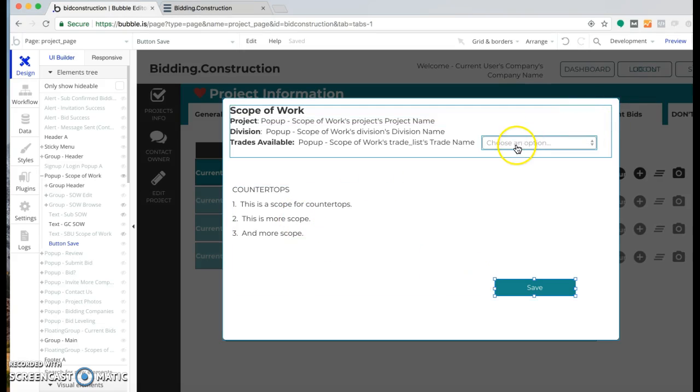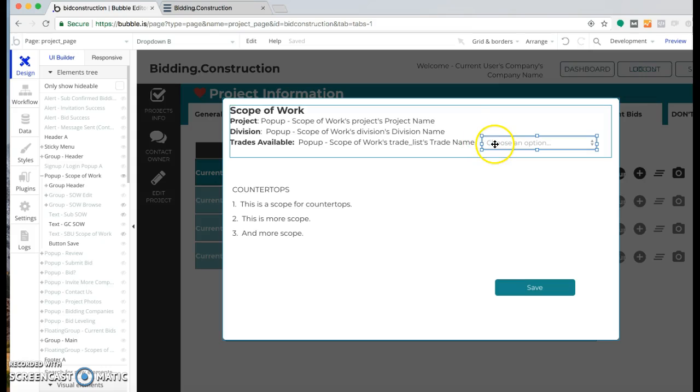I'm going to choose cabinets, or you're not going to be able to choose here, but I choose cabinets. It goes back to the database. It finds the last scope of work. Don't worry about saving all of these scopes of work. So the way that the scopes of work should submit, the workflow should be delete last one, add this one. So at all times, you'll only have one